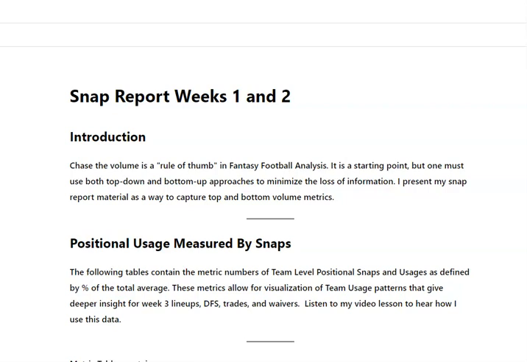So, chase the volume is the rule of thumb. I think, though, it's a starting point. I think there are other approaches, top down, bottom up, to minimize information loss. That's mainly what is going on when we're trying to figure things out: what are we missing? If we've lost the information, a lot of times it's because we become too focused on the sensational, what somebody said, these kinds of things,